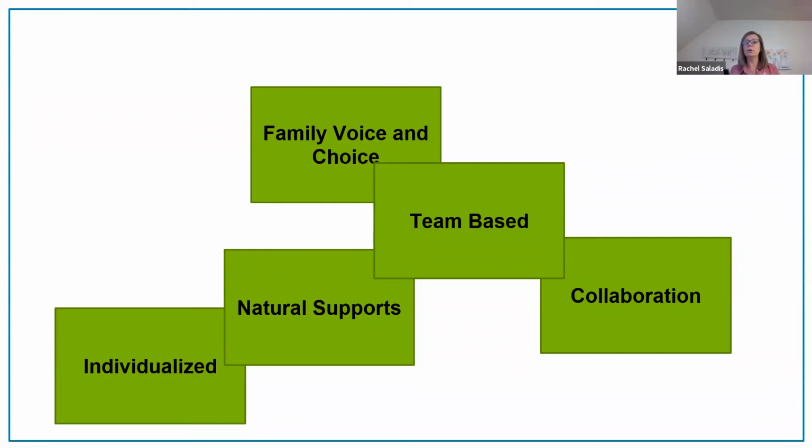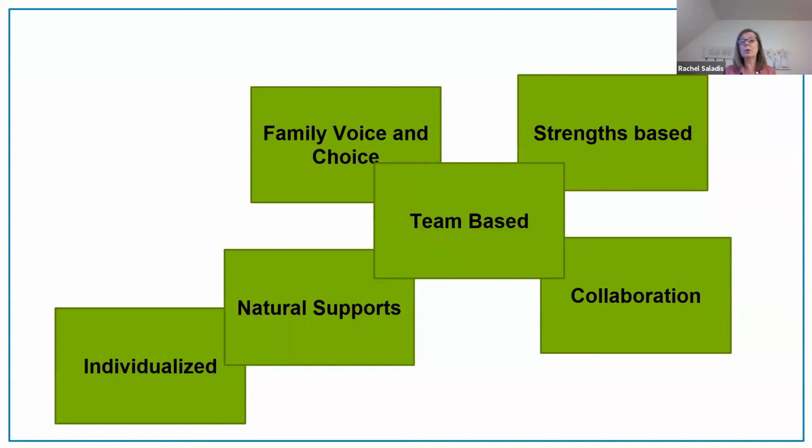We want to make sure that those strategies, supports, and services that are unique to the youth and families' identified needs build upon and enhance the strengths and assets of the youth and family, their community, and their team members. That one alone, if you can make sure that you are formally mentioning the strengths of the family, the strengths of the youth every time you get together, can have an immediate impact on outcomes.